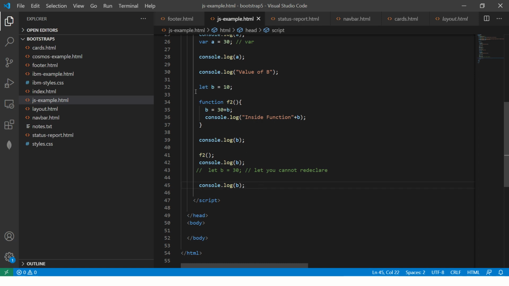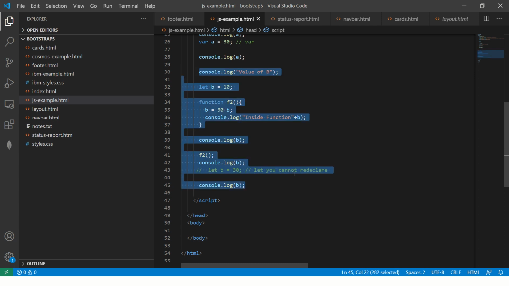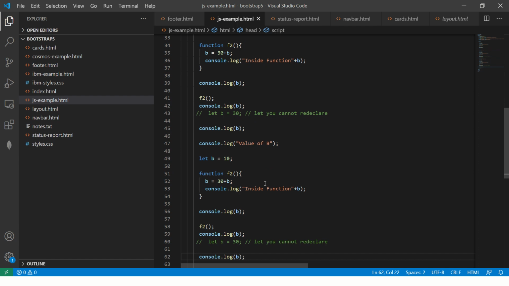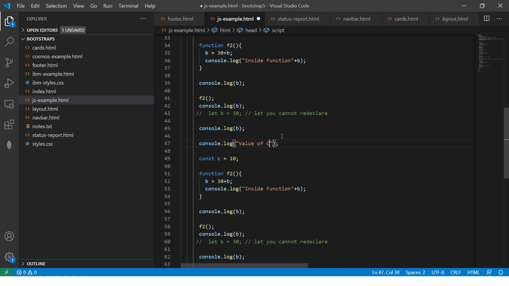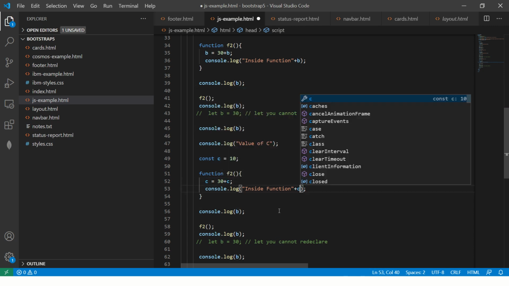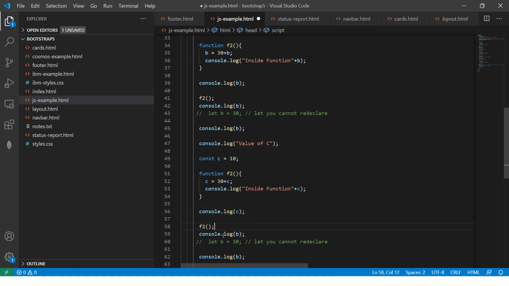All right, now let's do the same exercise for C. Now we will do it with const, so we will get multiple errors. Now we will get multiple errors because you cannot redeclare the value of const. So this is wrong, you cannot reassign it here, it is wrong, and you cannot redeclare it also. Just a minute, let me make it C here. Okay, so here I have f3. Okay, clear? So far simple.